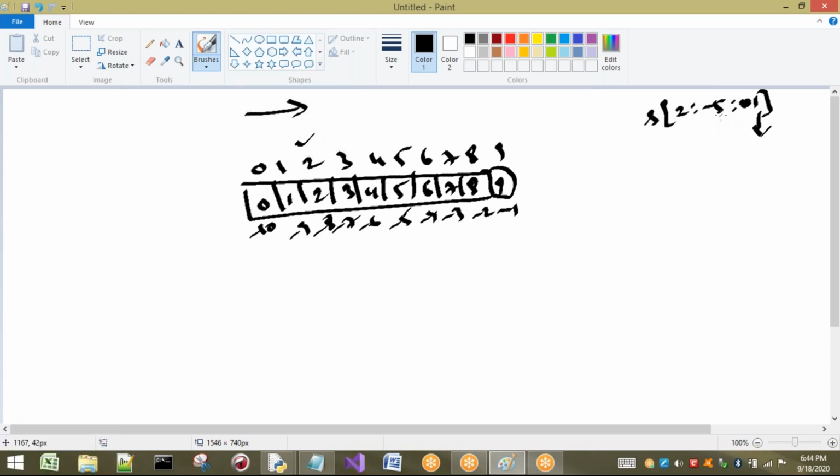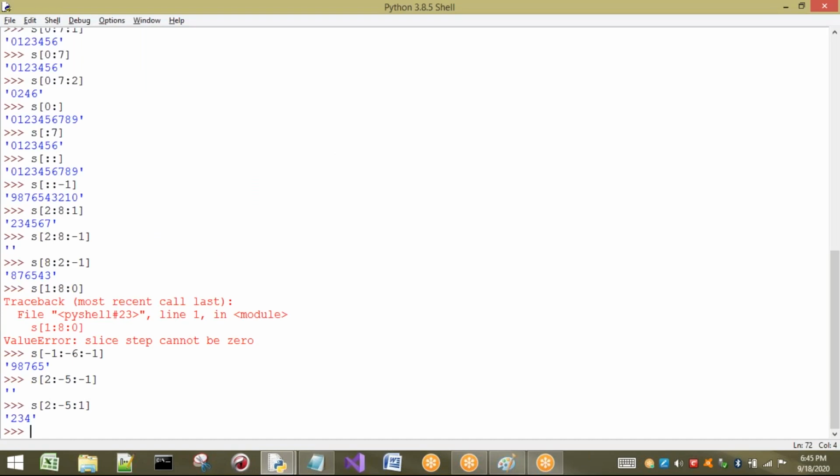So before coming -5, are we getting 2? Yes, I am getting. So begin can be 2 and end can be 5. This is end. So in forward direction, end is always what? We have to perform end -1. In reverse direction, we have to perform end +1. So this is the begin value. Up to which values I am going to consider? -5, -1 value. That is nothing but the result will be 2 to -6. Sorry, this is 2 to -6. That is nothing but 2, 3, 4 we got. Okay, that is the output that we got.